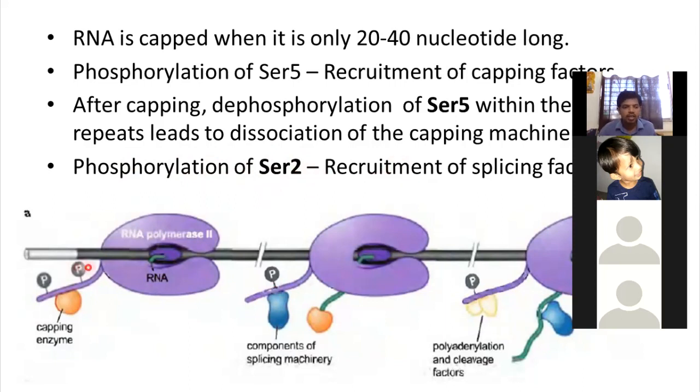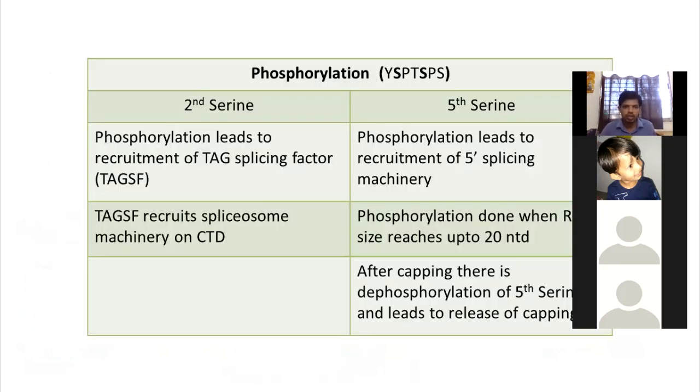So see here that it was the phosphorylation of the fifth position. Now it will again undergo dephosphorylation, and after that the phosphorylation at the second position of that serine. If there is a phosphorylation of the second serine, it means that it is responsible for the recruitment of the splicing machinery or the splicing enzymes which are required for that particular step. It is given here. First of all, phosphorylation leads to the recruitment of the 5' capping machinery, and the next one